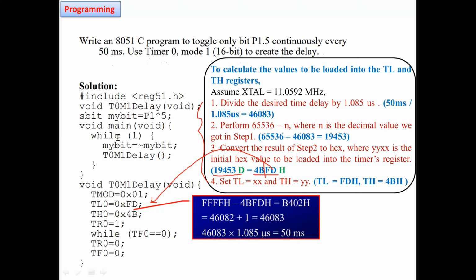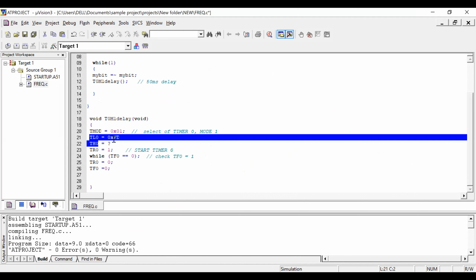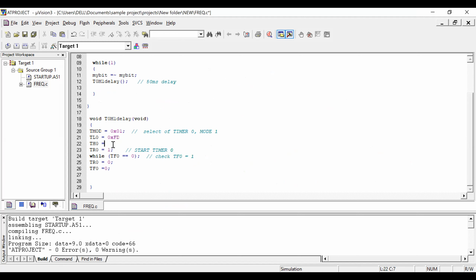In lower, I will put FD in hexadecimal. Since it is a 16-bit register, it is better to mention in hexadecimal, 0x4B. So this is your hexadecimal value.